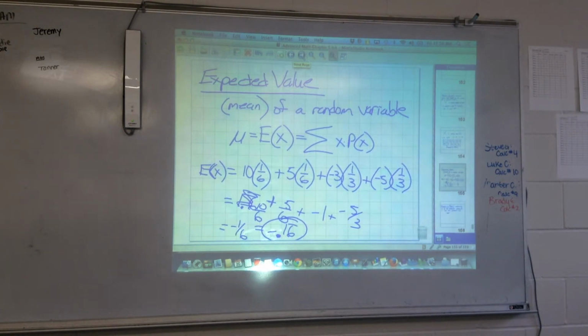Probably over $2. How many times is it saying that we're going to be doing that to lose 16 cents? But that's just saying on average that's how much you would lose each time. Oh, on average. Now is it possible to lose 16 cents each time? No. No, because there are those outcomes. That's not a part of the outcome, okay? But what they're saying is on average, the people who play the game are losing 17 cents every time they play the game. So, theoretically, because it is completely random, if I would have you guys play this 1,000 times,